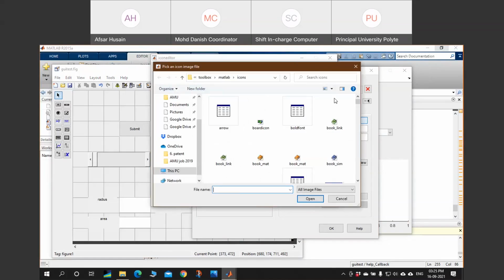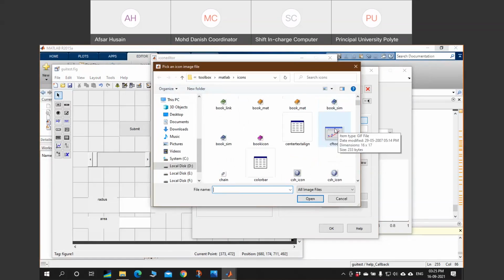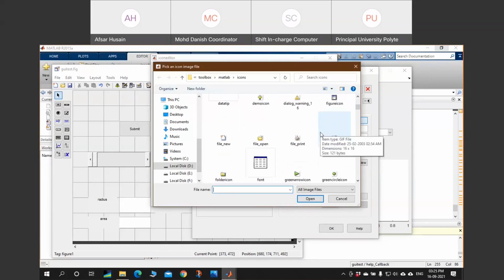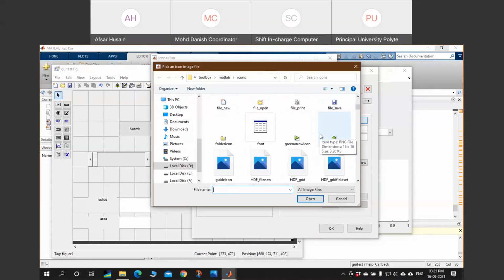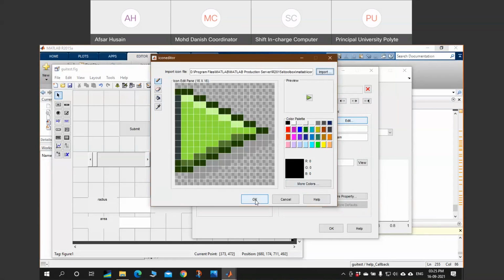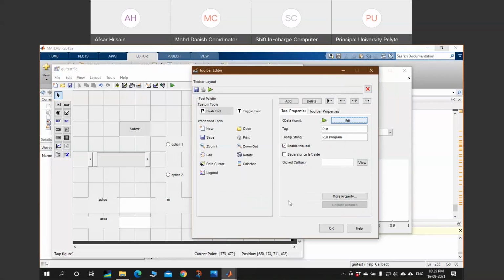Just press import. Here in import, you can find several icons. Just choose the icon based on the function of your button. Here is the green arrow icon which I want. Just open it and press OK. Now my icon is created for the run command.